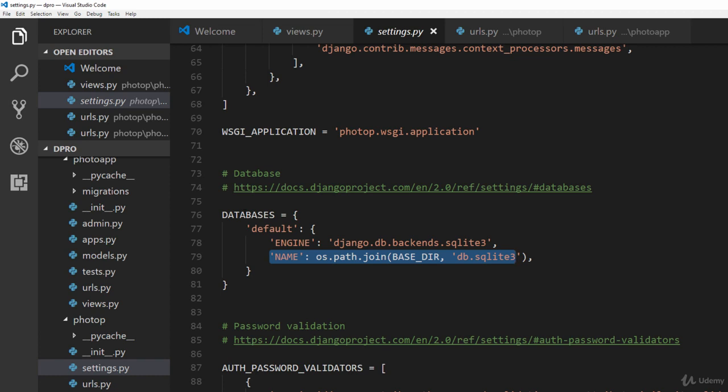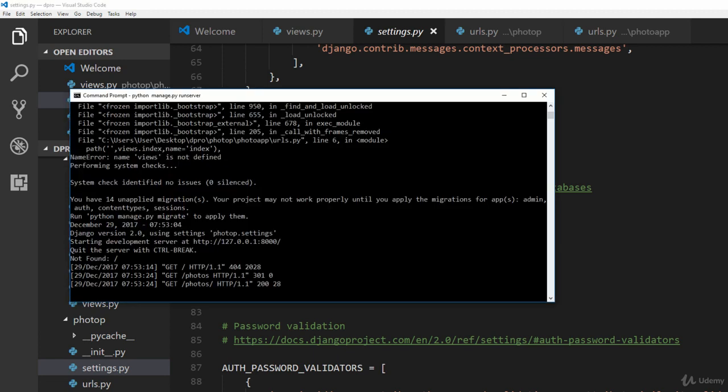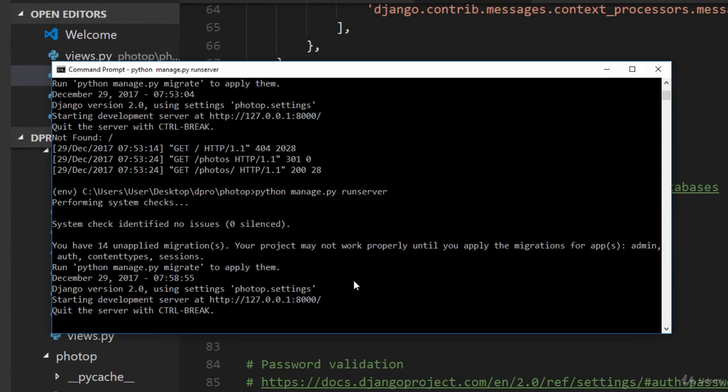In the upcoming lecture we will start creating the structure for the database, but even before that, you need to run your application. One important thing you might have noticed is that when you run this application, it says you have 14 unapplied migrations. Your project may not work properly until you apply the migrations. So we need to apply the migrations first so that we could get rid of this error,